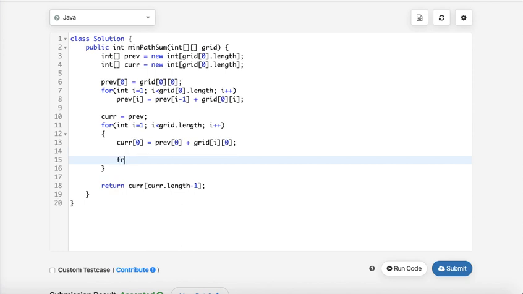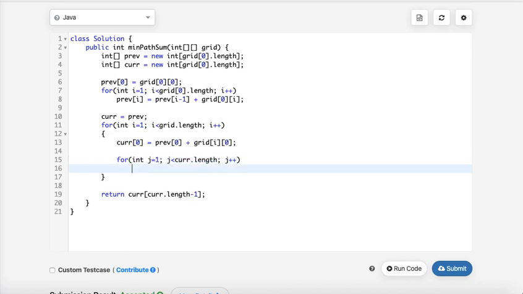And for the rest of it, okay, it's already there, right? So this will be the minimum from previous, the minimum of left and right.